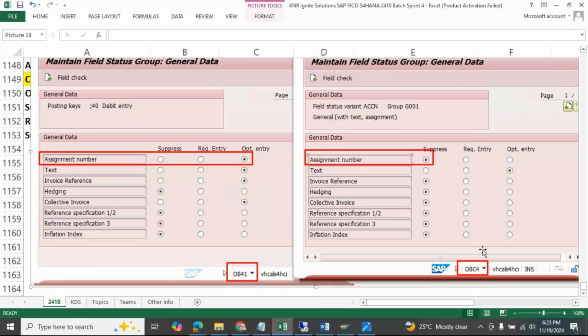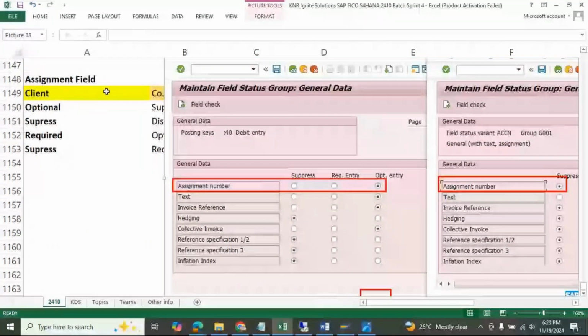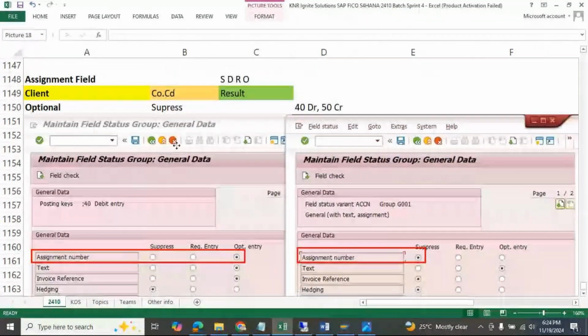Is the field status of assignment number in both levels, the client level on the left side and the company code level on the right side, the same or different? Different. At the client level you have put optional. Client, we made it as optional. Is that our scenario here? Client level as optional, and the company code level on the right side is